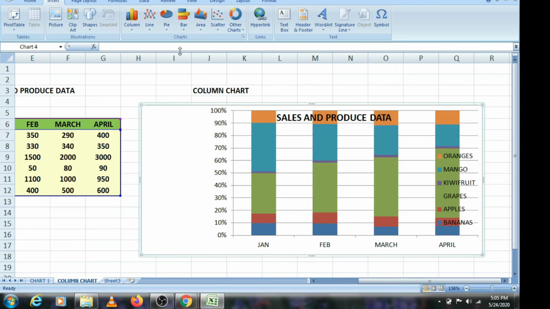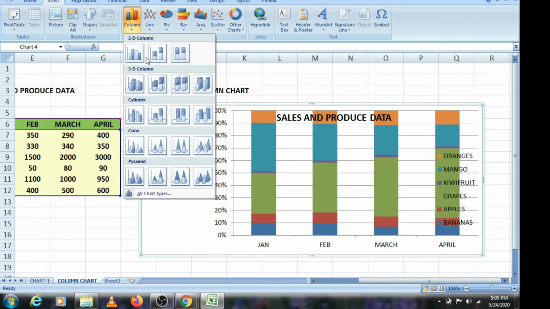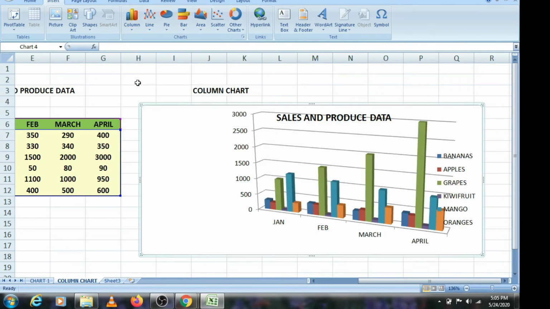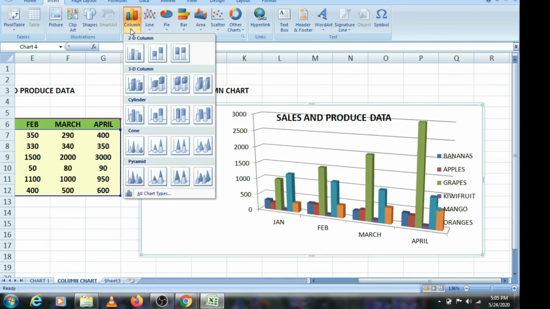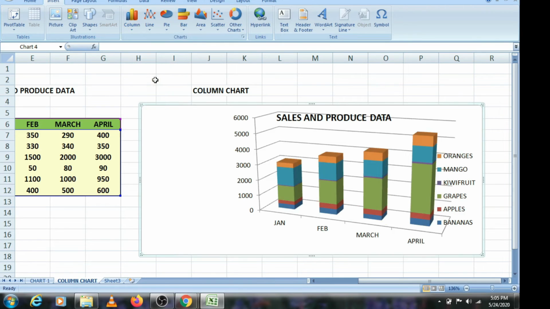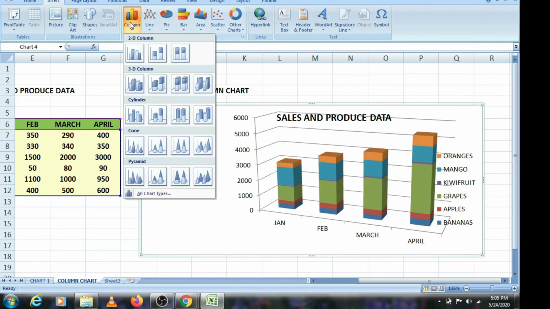This is also another, then it is showing 100% values. Now you can create the 3D chart like this. See, you can improve your presentation. This is looking really good.